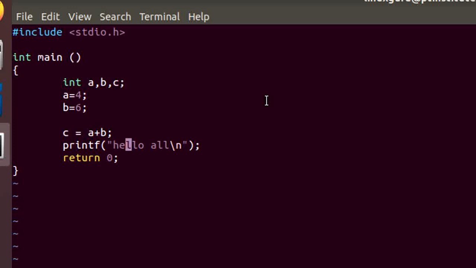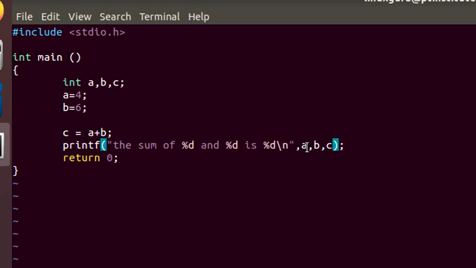And here in printf we can print whatever we want. So we can say the sum of %d and %d is %d. As many %d as we are using, that many variables we have to use here. So we have to say comma. So we want to say sum of a comma b. So we want to say sum of 4 and 6 is whatever answer is coming, c. So then we have to write it here, c. So we are saying sum of a and b is c. That is what we are saying here.